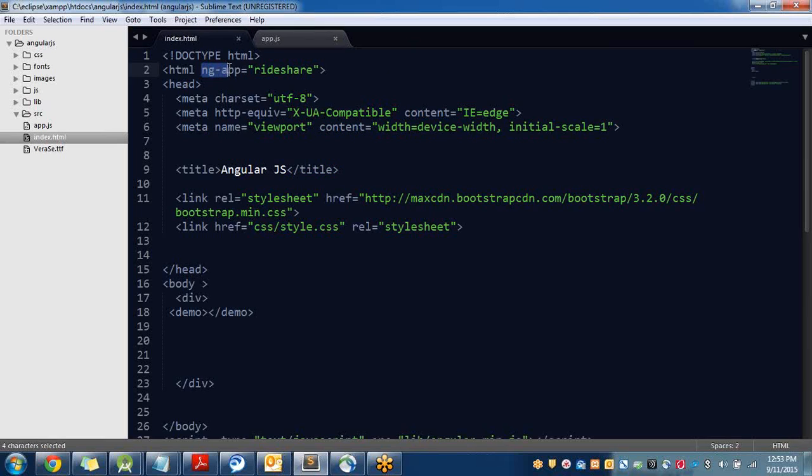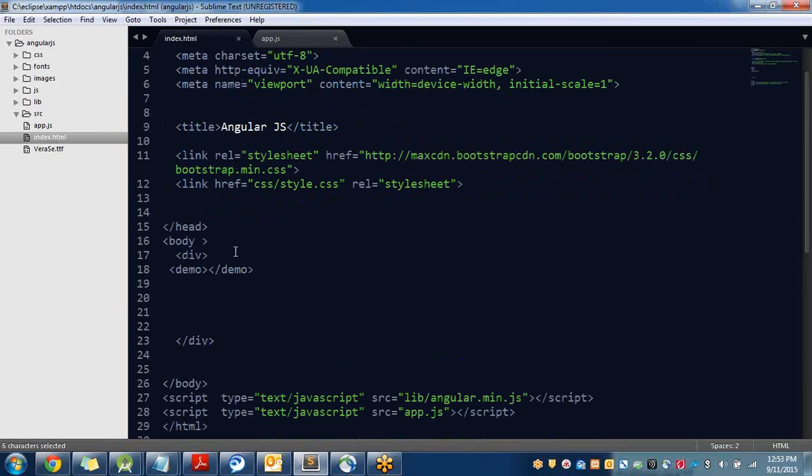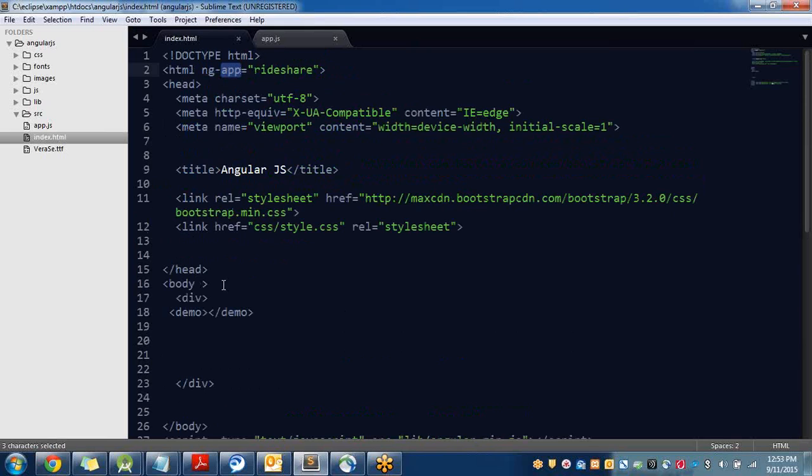So you see ng-app, ng-controller, these all are predefined directives. Like ng-app is also a directive. If you define body ng-controller equal to the first controller or whatever, you have to define it. So this is also a directive, ng-controller, ng-hide, ng-show. There are a lot of built-in directives in AngularJS, but now we are going to create our own custom